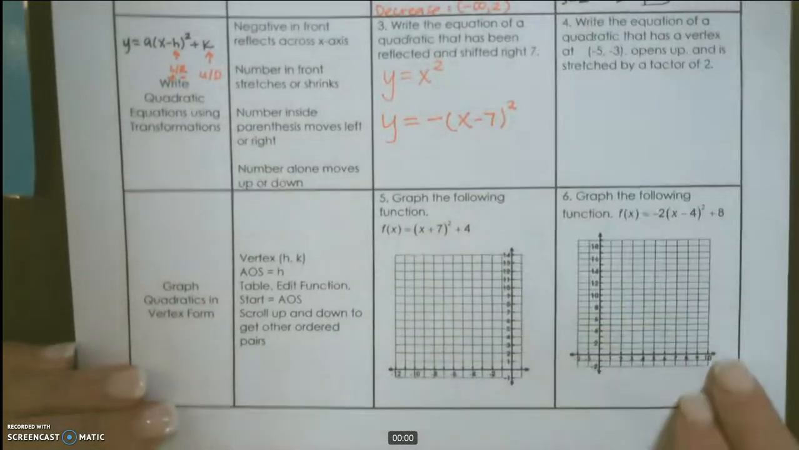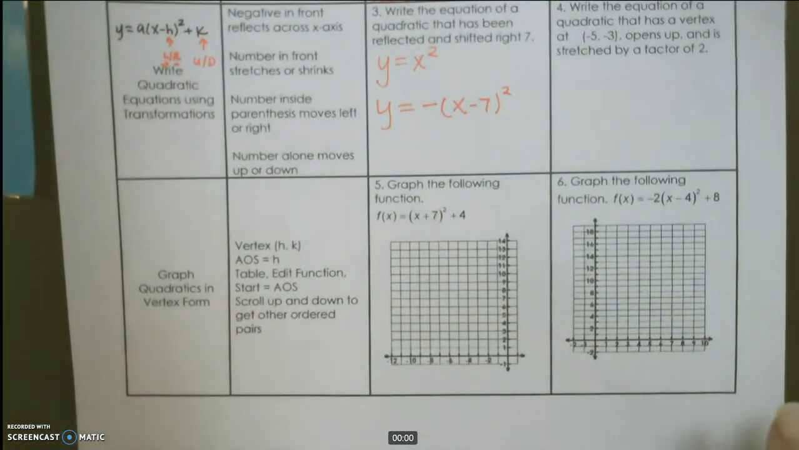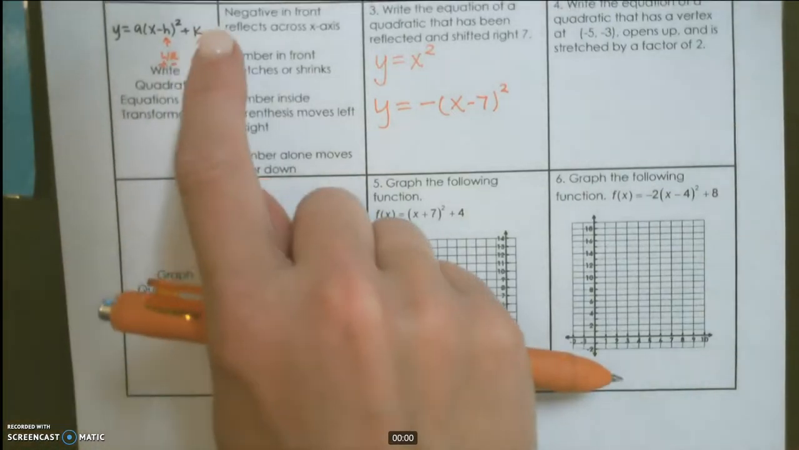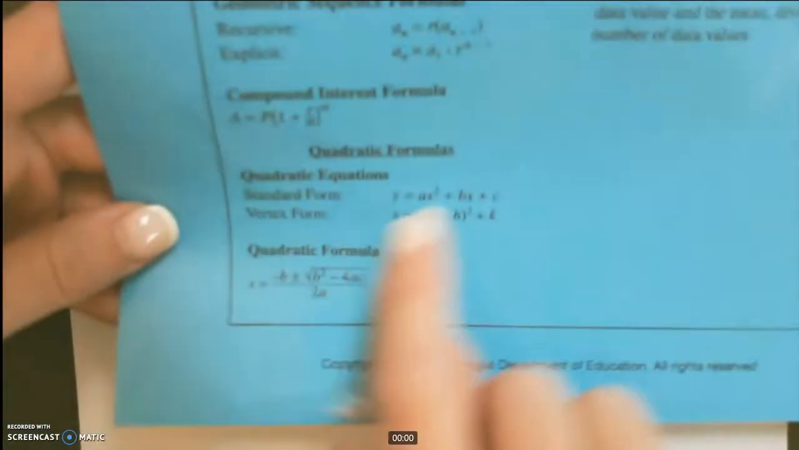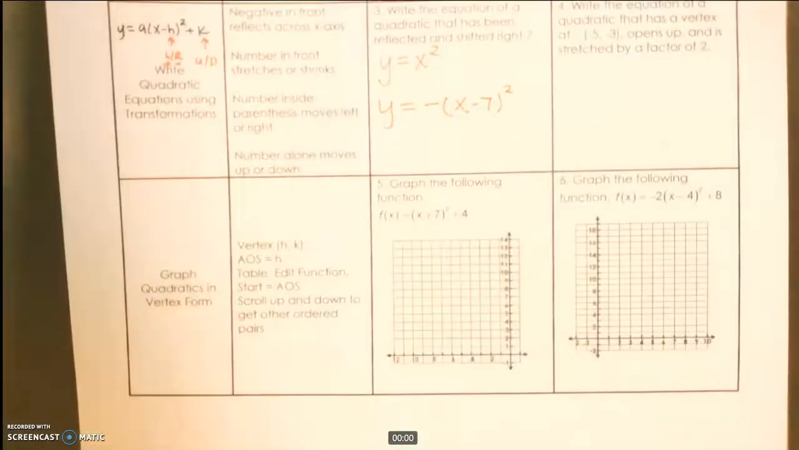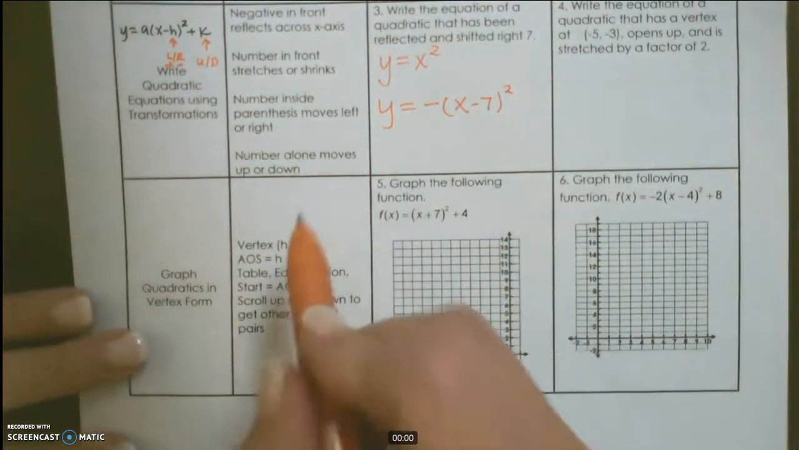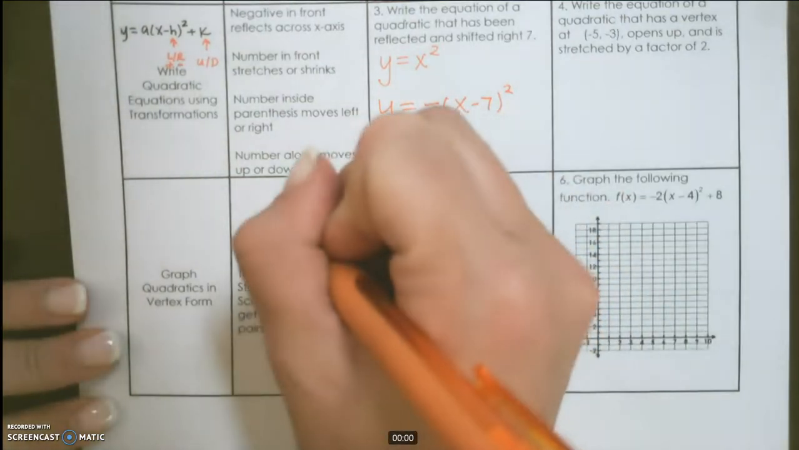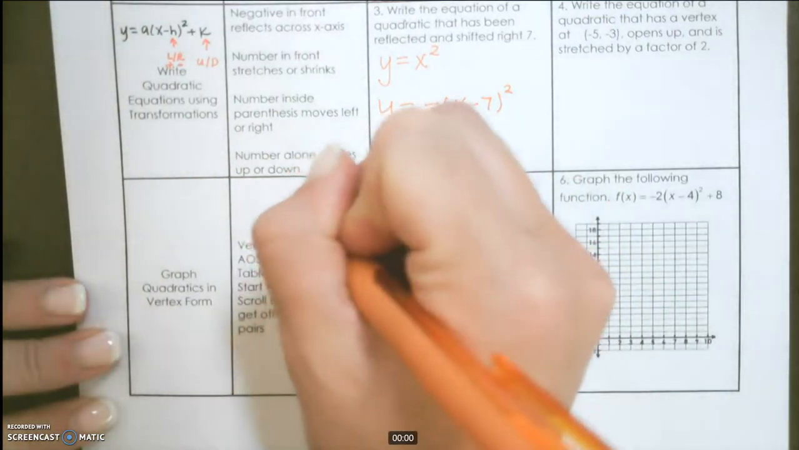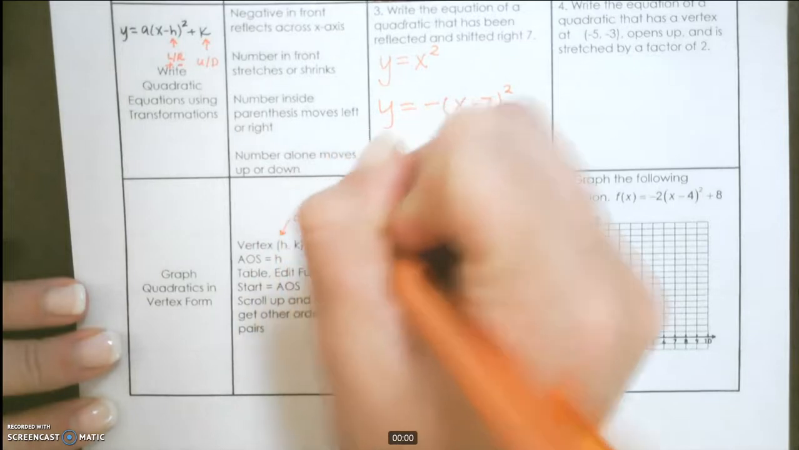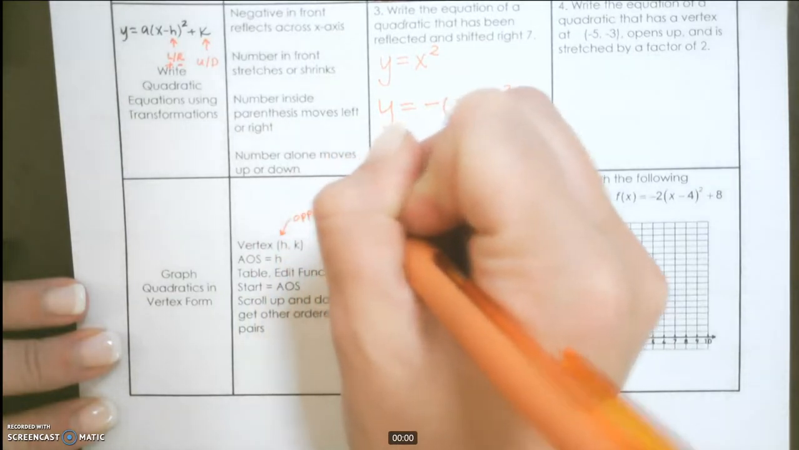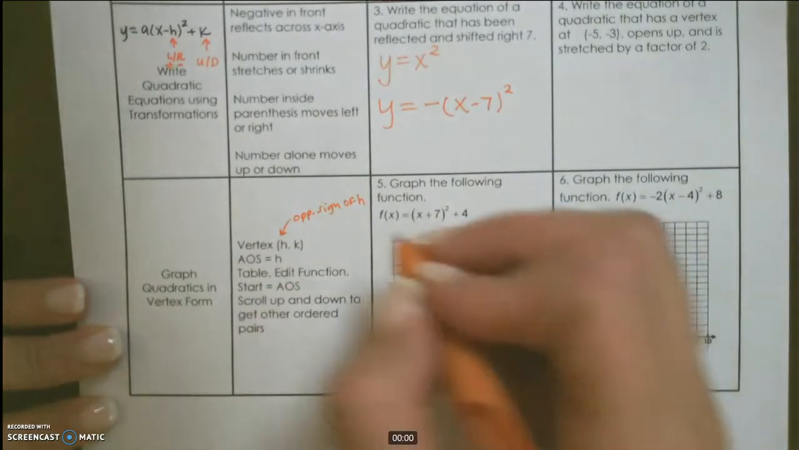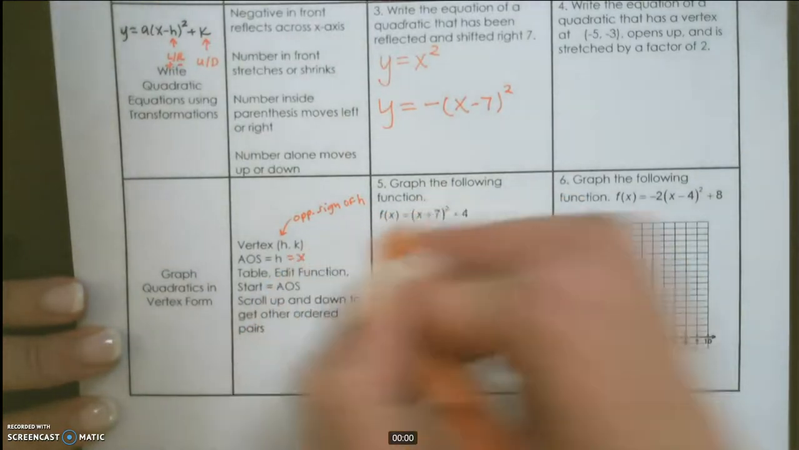Next section, we're going to talk about graphing quadratics in vertex form. Well, vertex form is what I wrote right here. Just as a reminder, you have it on your formula sheet to access the day of the EOC. The vertex is your h and your k value. Remember to take the opposite sign of h. Your axis of symmetry is h itself, or more specifically, x equals h, giving you a